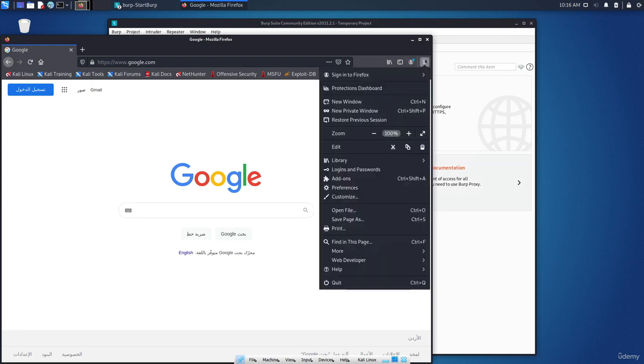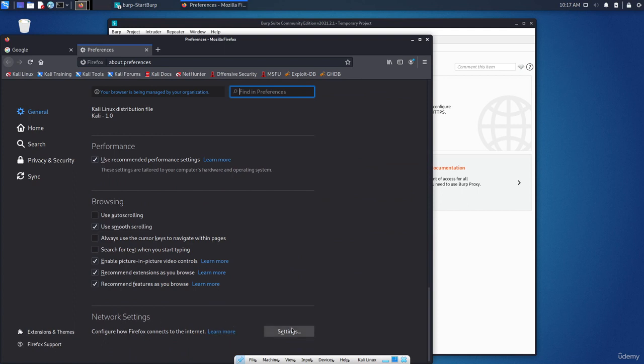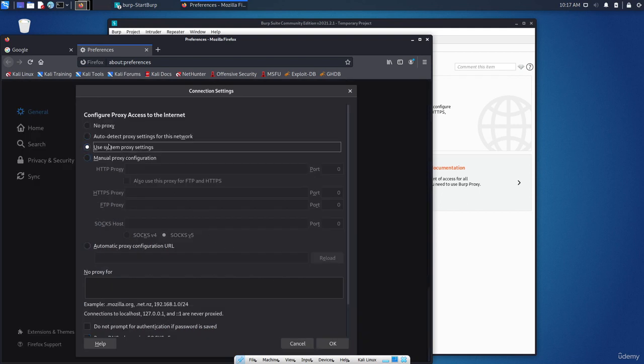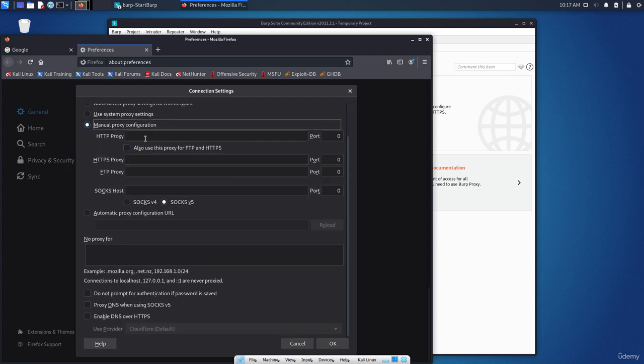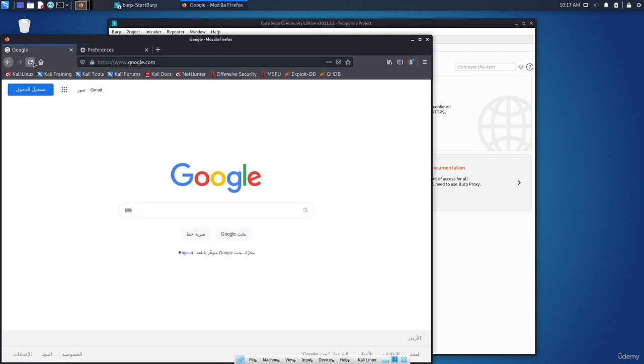From here, from the tools, go to the preferences, scroll down until you see the network settings, and click on settings. Here you can see the options: use system or manual. Actually, we want to use the manual proxy configuration. It will be, as we saw, 127.0.0.1 on port 8080. Click on also use this for all, and we are ready. Click on OK. Now, if I refresh this,